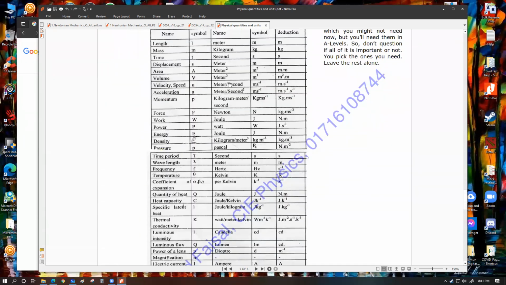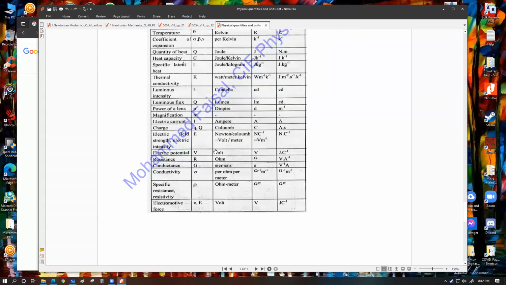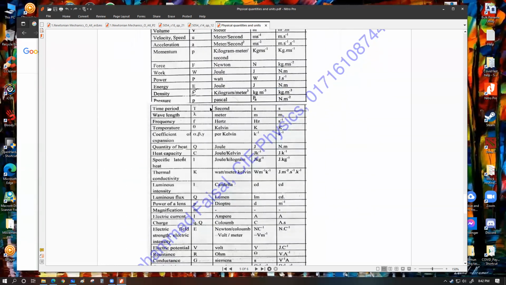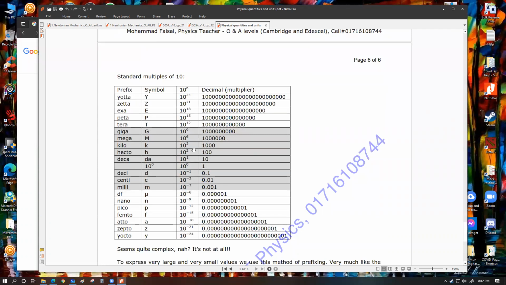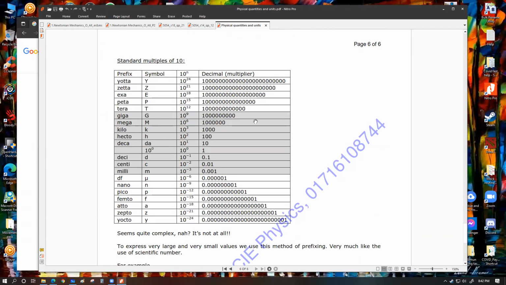And here comes a much bigger list of this whole thing. You don't have to know this whole list. I just put it over here because I had access to this information. This is the part that I'm pretty much interested in. The part that is shaded over here is the amount that you might require to know for your syllabus level. And the part that is in white, these are just something that